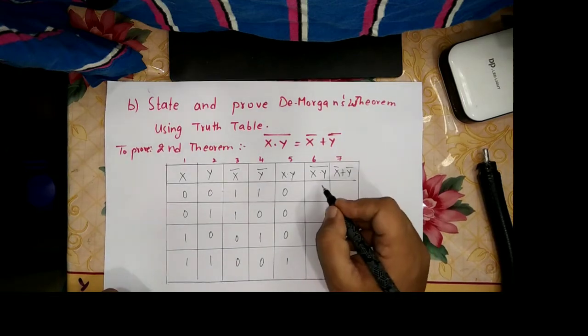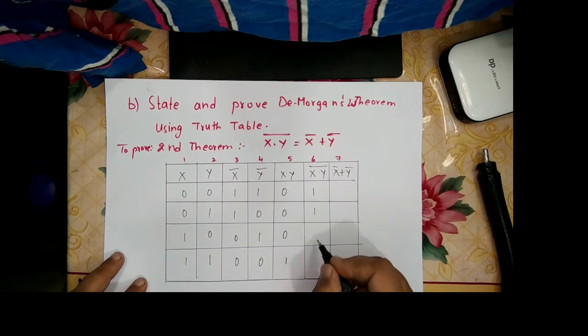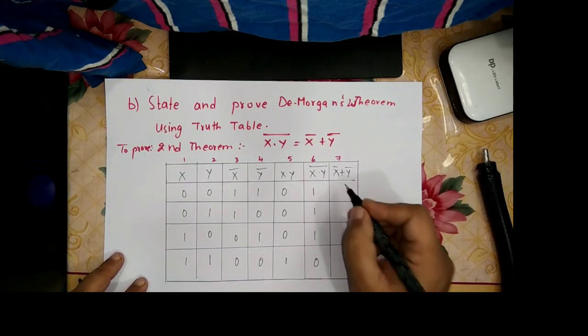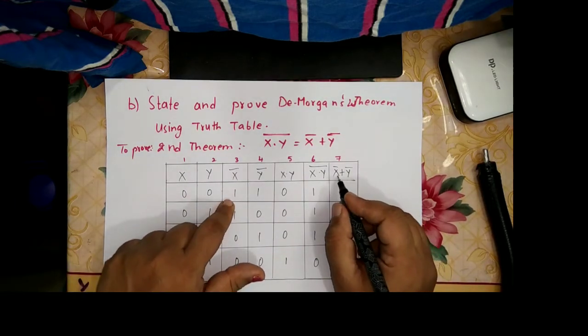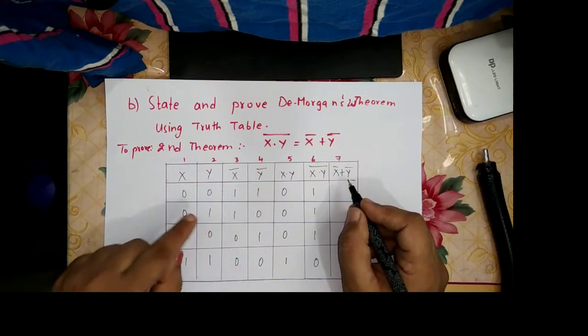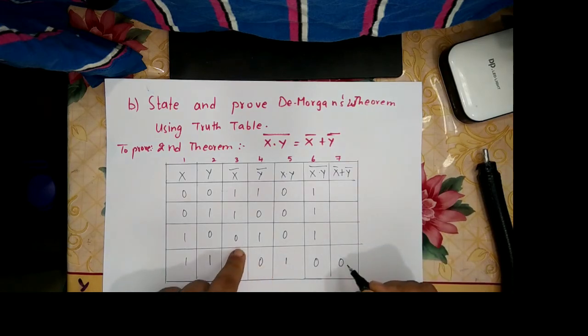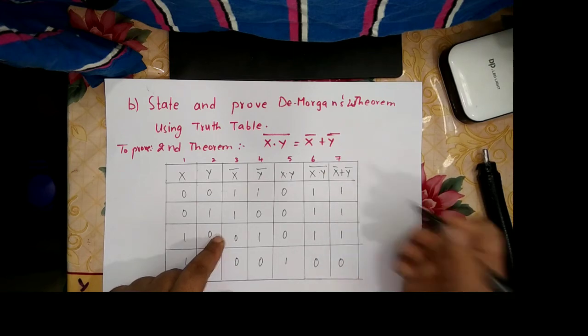Okay, so here what is happening? We have taken the complement of this. So this will be 1 1 1 and 0. Now if you observe these two columns, because we want x complement and y complement, but we have to do an OR operation. In an OR operation, only when it is 0 0 it is going to be 0. Whenever 1 is there in an OR, you have to remember we have to put the 1.